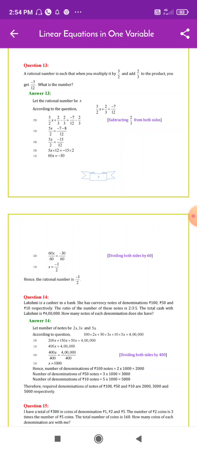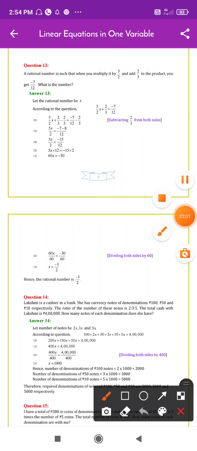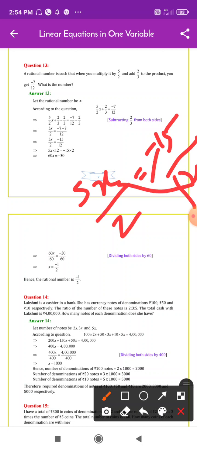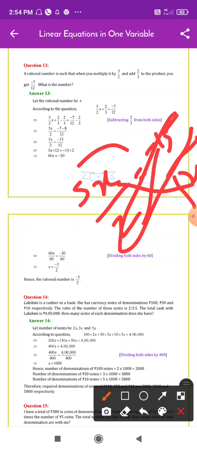Now what we have to do, we have to multiply both sides by 12. If we are shifting this 12 to the left hand side, we have to multiply both sides. No, we have to just do the cross multiplication here. Okay students, sorry, here 5x/2 is given equals minus 15/12. We have to do the cross multiplication here, that is 2 into 15 and 5x into 12. Yes or no?